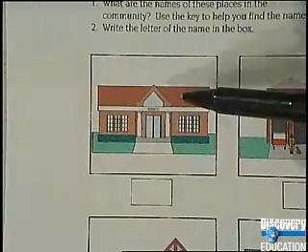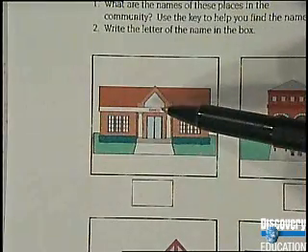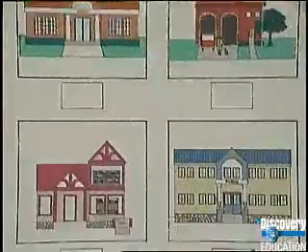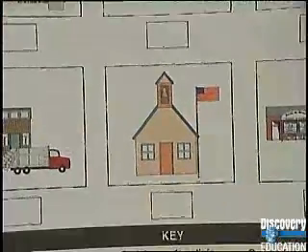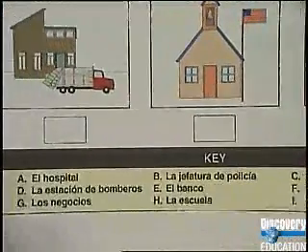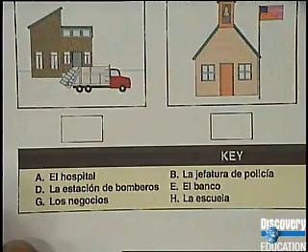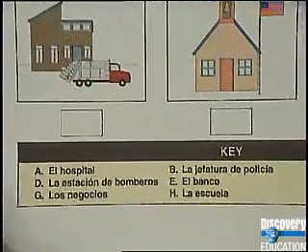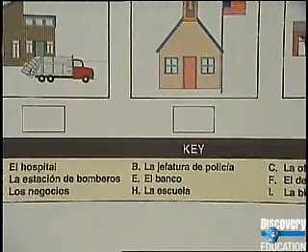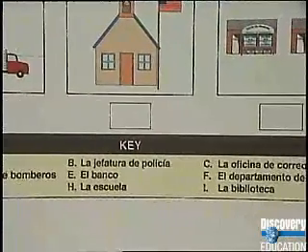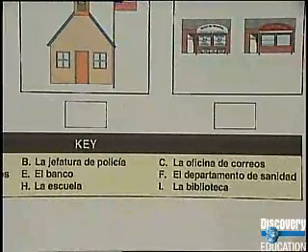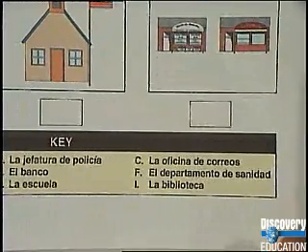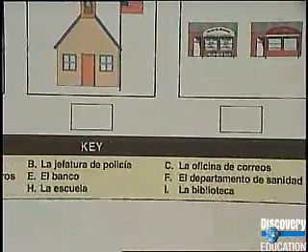This first place here. Okay, the name is written right there. That should make it pretty easy. Let's look down at the bottom of the page at the key and see if we can find the name of that first place in the community. Does anybody see it? Do you see it? Do you remember what it's called? Okay, depending on what you do in your class, you can either raise your hand and tell your teacher, or just go ahead and say it, however your teacher likes you to do things.